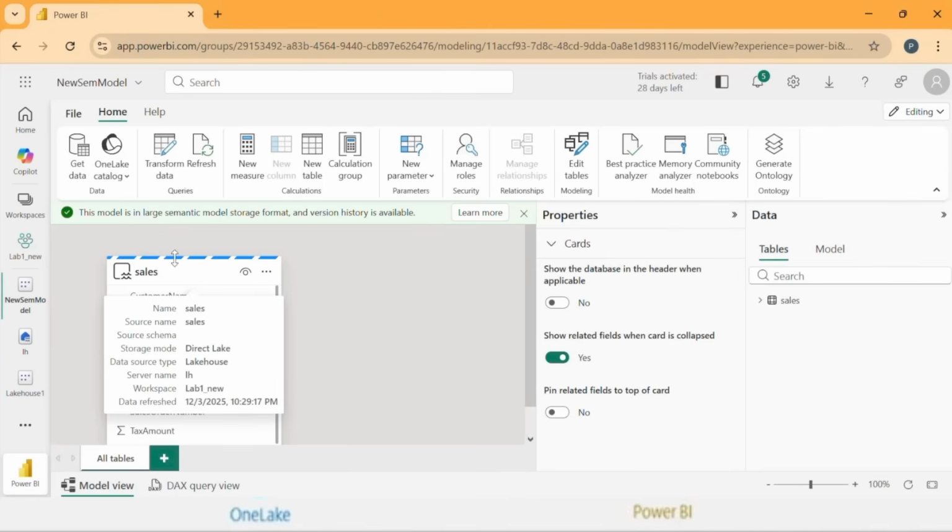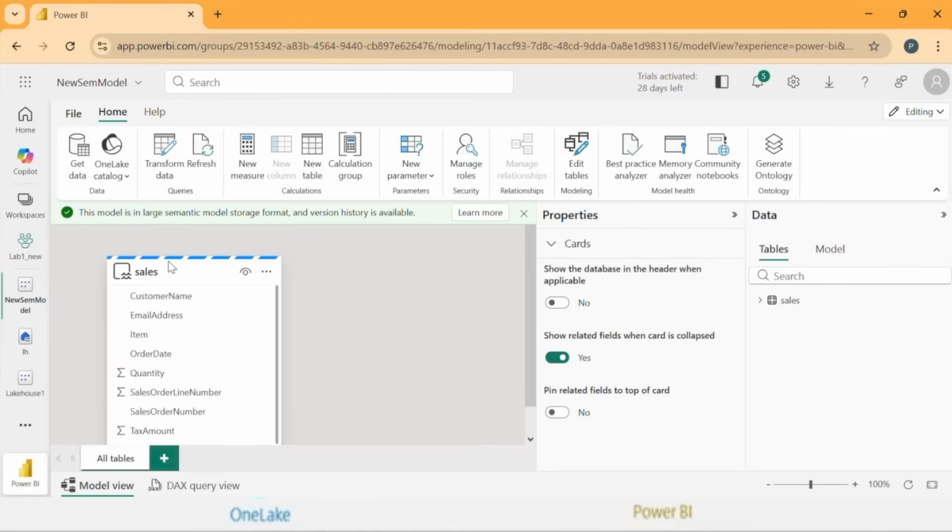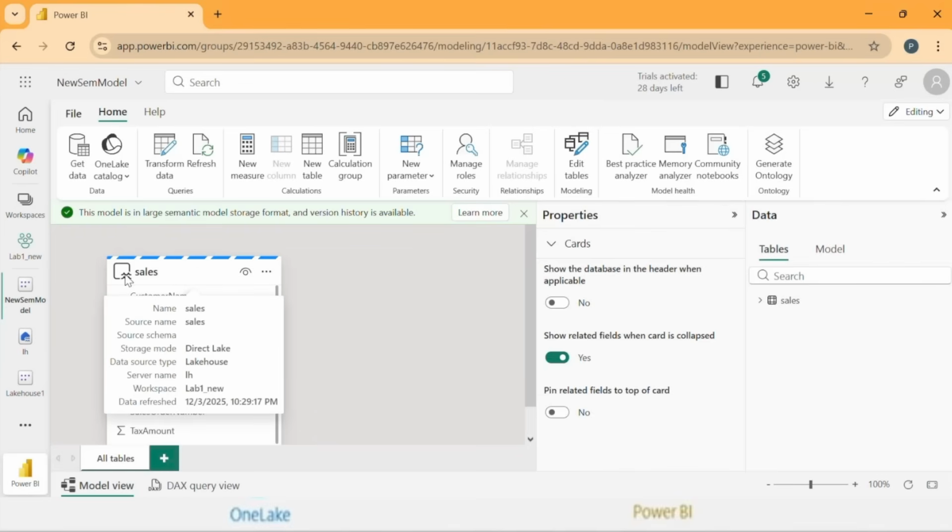We can hover over here and see that the mode of connection is Direct Lake. We can see a river-like structure here. Now, this Power BI report is actually connected through Direct Lake mode. We can also hover over here and observe in the tooltip given by Power BI that it is connected as Direct Lake mode. Power BI automatically detects in the Fabric capacity that it is Direct Lake mode. Direct Lake mode currently works only with Microsoft Fabric lakehouses and warehouses, not all data sources yet.